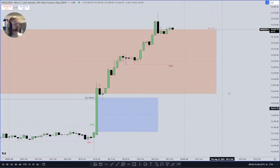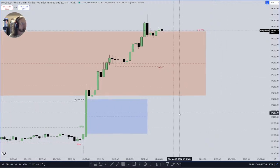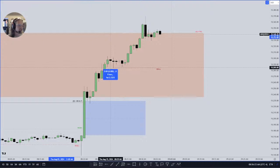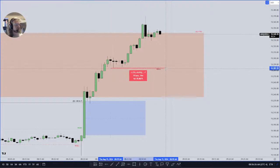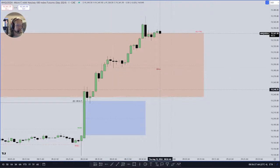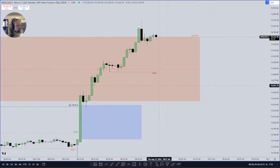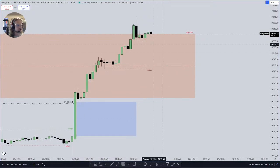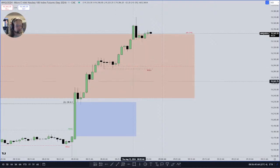So let's say here, for example, if for whatever reason I have my eyes on these relative equal lows, and I think this is the short-term draw on liquidity, and I'm working with that trade idea, and by that I mean there are going to be more factors that build up on it. This is not enough for me to just sell short right now. So given that expectation,